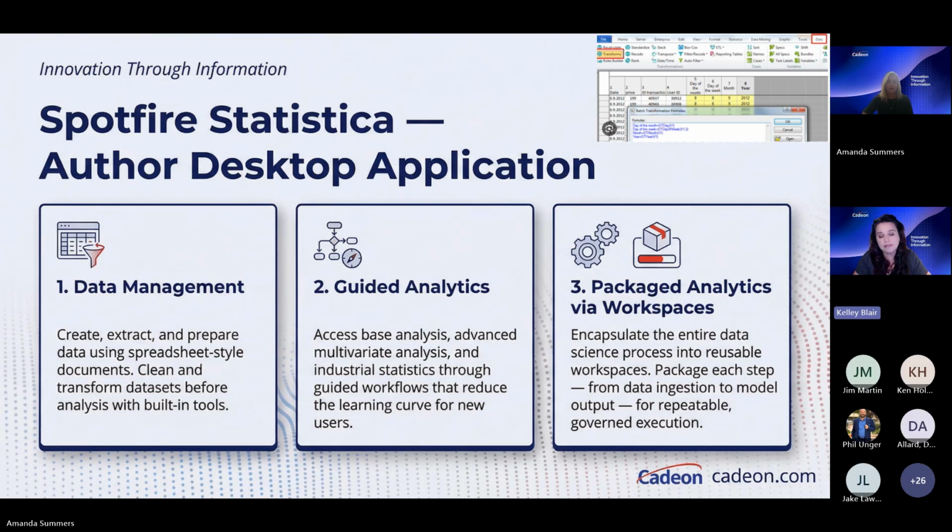So there's kind of three pieces that I would talk about. Again, we have a view of the application in the top corner. We're going to get into it shortly, but it can help us with our data management. We can create, extract, and prepare our data. There are technically two spreadsheet view things within the more workspace view, which is where I'm going to be, but we have the ability to do a health check on our data before we bring it into Spotfire,